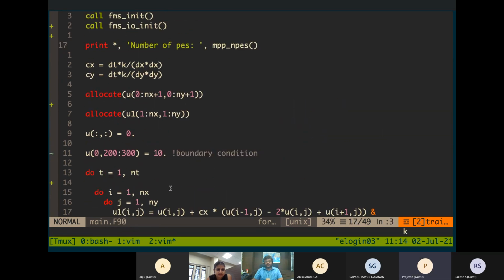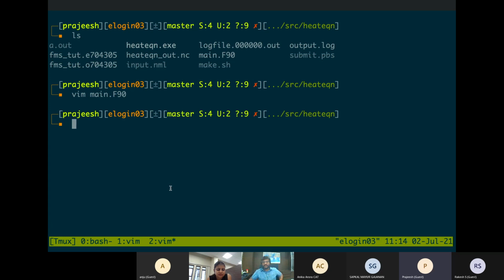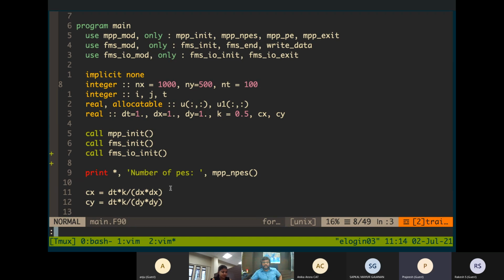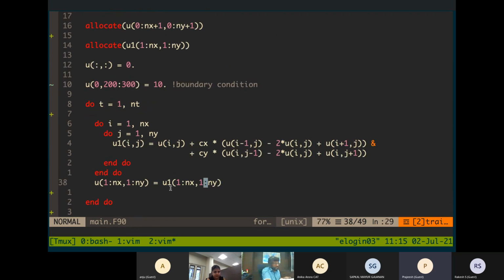Now let's see how to parallelize this. Let's say we want to run the same problem in 10 processors. We want to distribute the same problem into 10 processors.